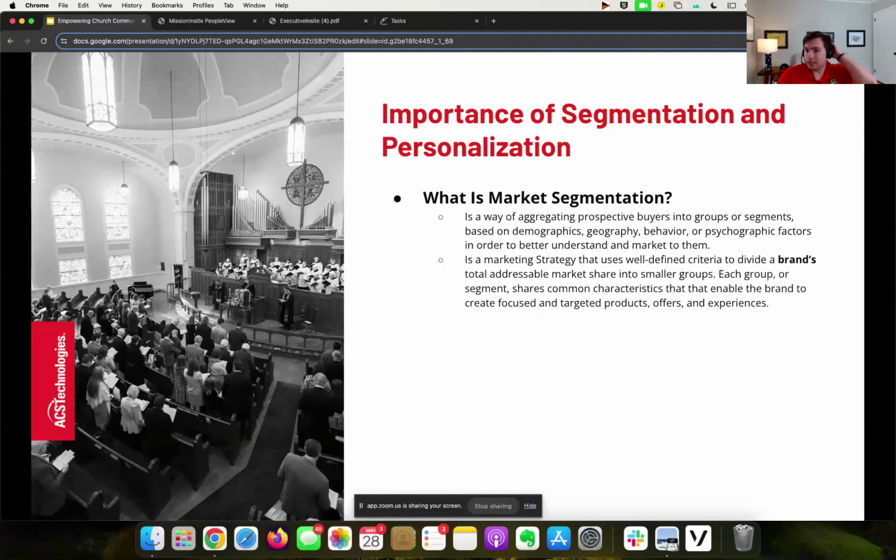Another one I can think of is us here at ACS Technologies. A few years ago, I attended a pastor's conference. We didn't go off showing our database. We didn't go off showing everybody what Realm can do and all of these things. What we did, and I did this, is I drove two ginormous TVs that would go on their sides, and we made it look like an iPhone, and we had our pastor's app up on there because we wanted to make it relevant to a pastor. And that app does things, of course, that makes their life easier day in and day out. So that's another example of what market segmentation can be.